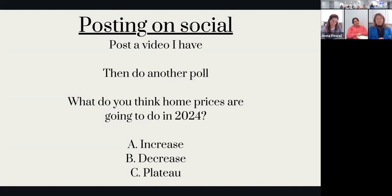Then I would do another poll. What do you think home prices are going to do in 2024? Increase, decrease, and then plateau. And then I think taking this one step further,